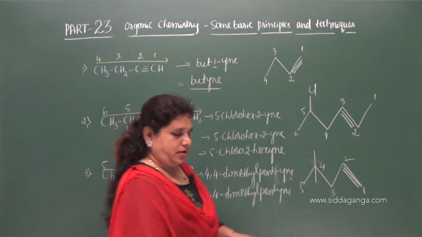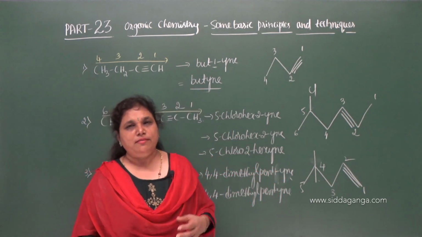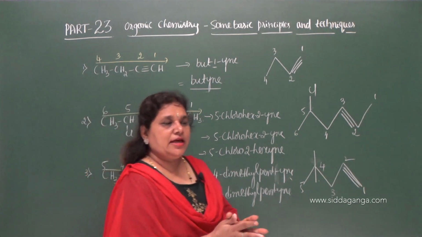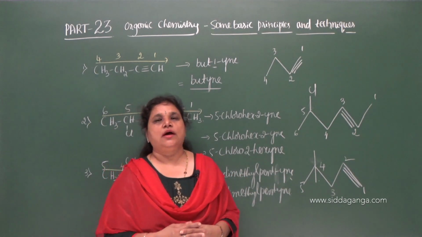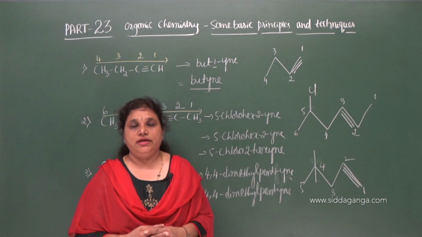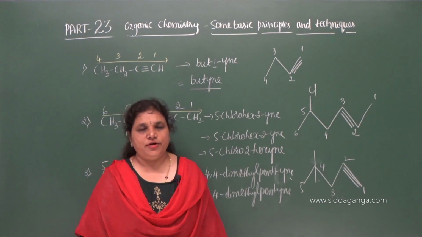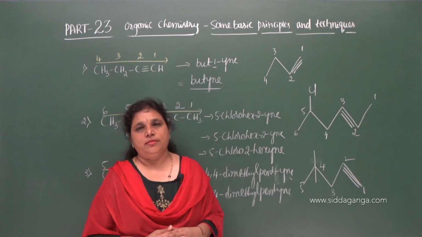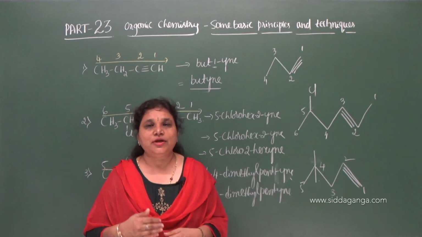So here we considered the IUPAC naming of the organic compounds containing multiple bonds, and let us move on to the IUPAC naming of organic compounds containing functional groups. Functional group means alcohol group, aldehyde group, acid group, and ketone group, ester, ethers. Let us consider all the compounds which contain the functional group, and before going to that, let me give a few examples of organic compounds which contain functional groups, not only the IUPAC name but also the common names.